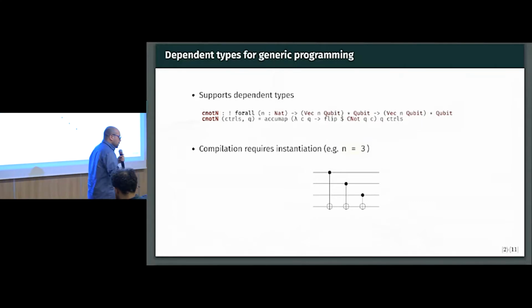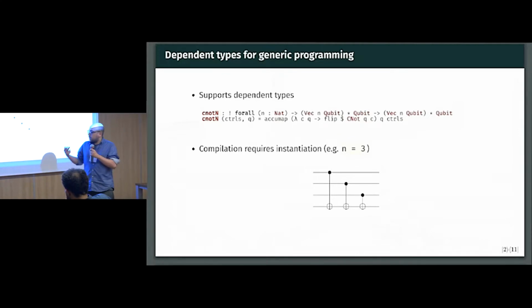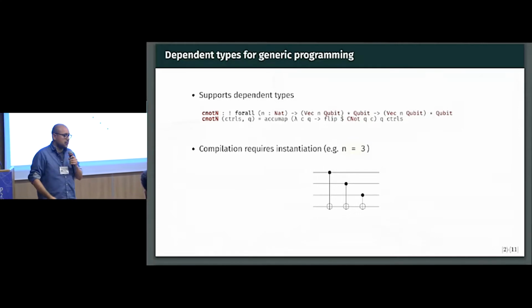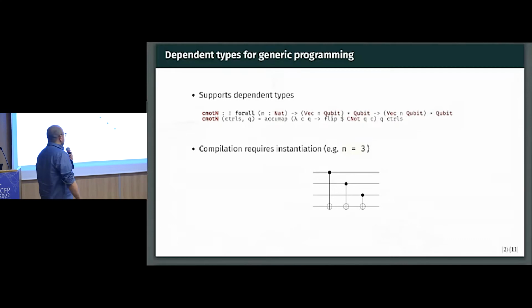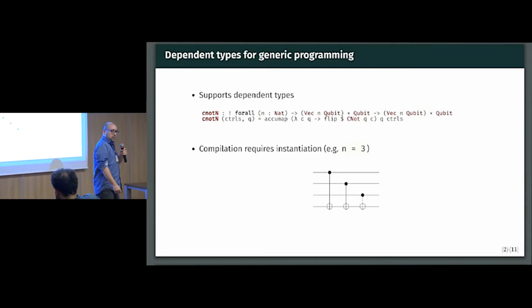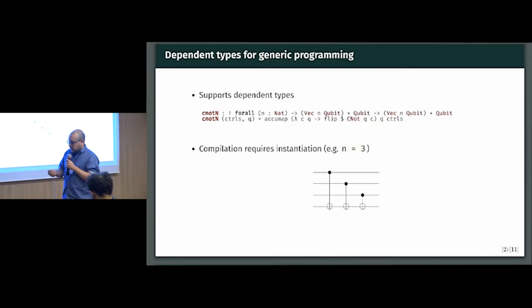Now, in order to compile this into a circuit, we need to instantiate this n, the length of the list. So if we, for example, choose n equals 3, we would get this diagram. Well, this is our starting point. Now, we would like an intermediate representation from here to here. A good candidate is the